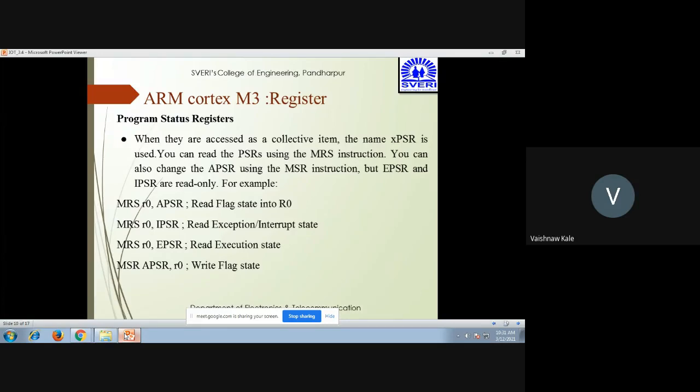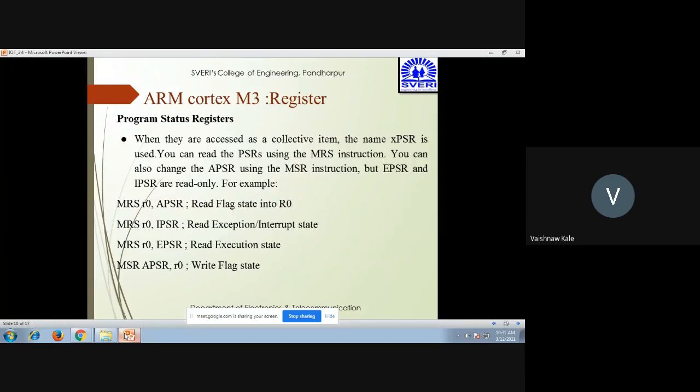So R0, IPSR means reading the interrupt state, or exception state. Then MRS R0, EPSR, again you can read the execution state. So all three are used with MRS. Either APSR, IPSR, or EPSR, they can be read.